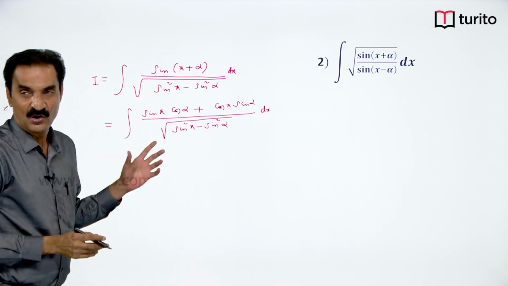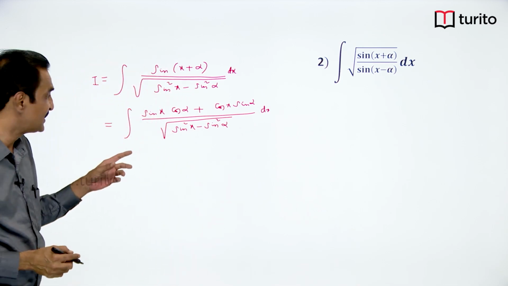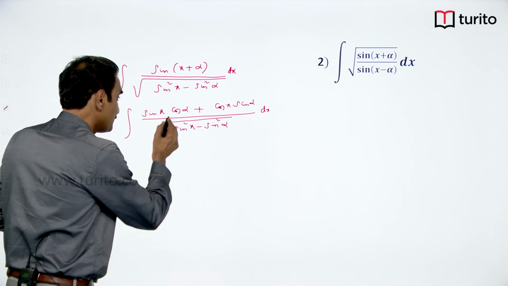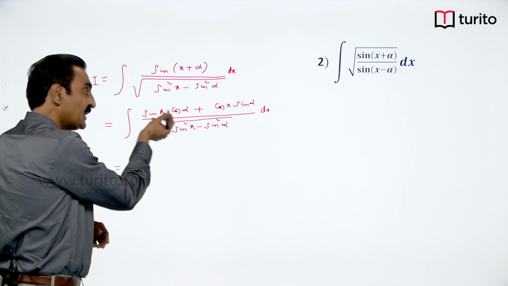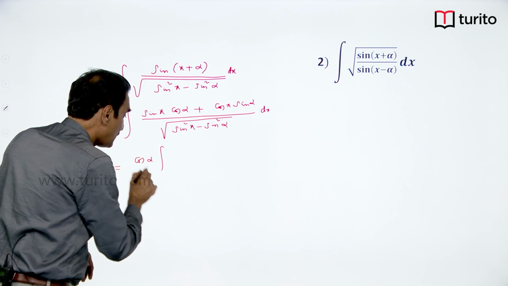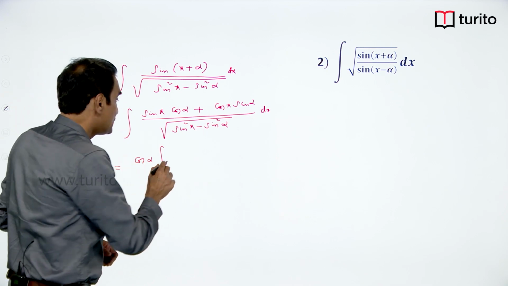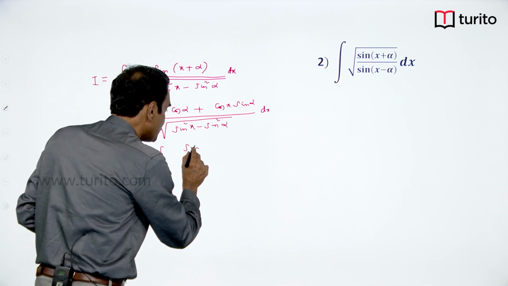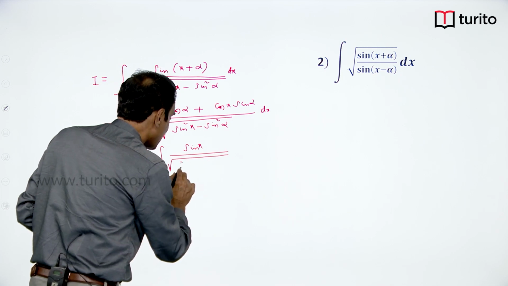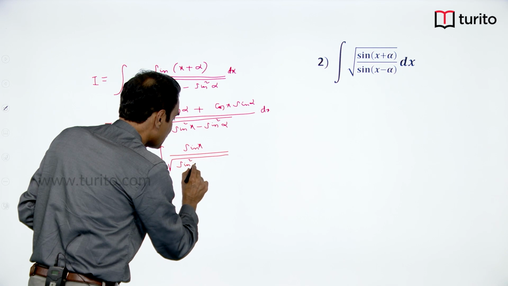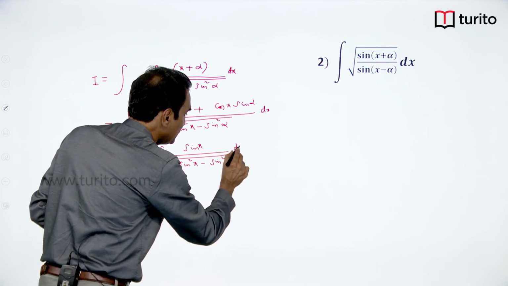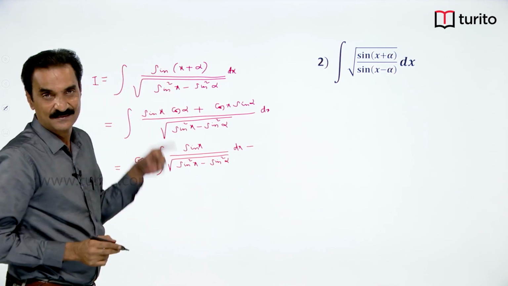Now, alpha is constant, so cos alpha and sin alpha are constants. Let us separate into two integrals. In the first integral, we can take out cos alpha. Cos alpha integral sin x upon root over sin square x minus sin square alpha dx plus,